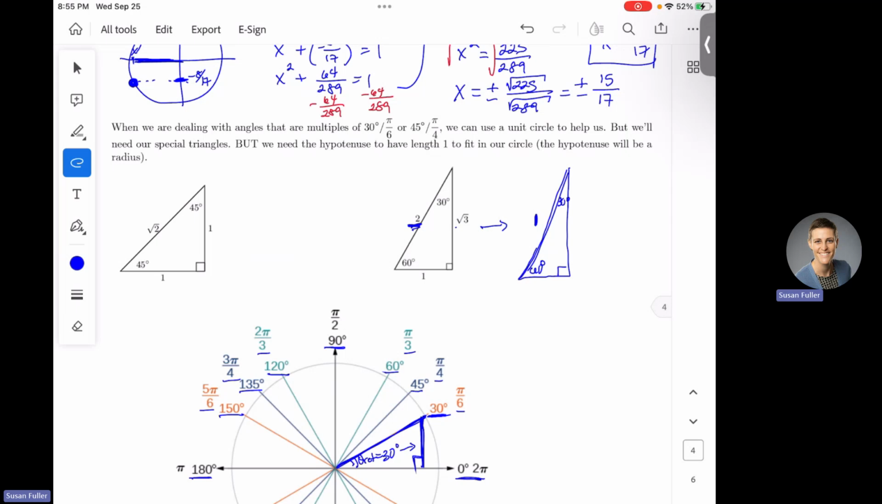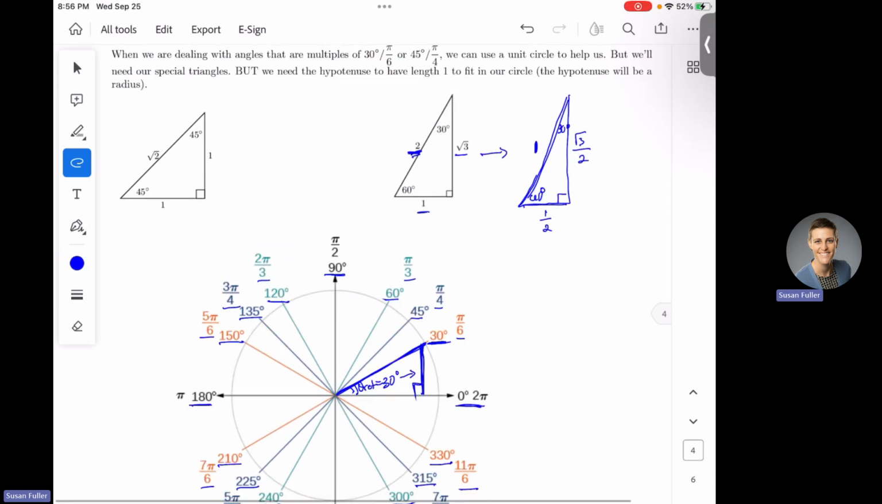So to get this side, I'm going to take root 3 over 2, and I'm going to divide it by 2 because this angle is half the size of the other one. And to get this side on the bottom, I'm going to take this 1 and cut it in half because we're scaling this down and everything is cut in half. So now this is my scaled down 30-degree angle. Notice the side opposite the 30-degree angle is still half the hypotenuse, but instead of using 1 and 2, I'm going to use 1/2 and 1. Now this triangle fits nicely into my unit circle,